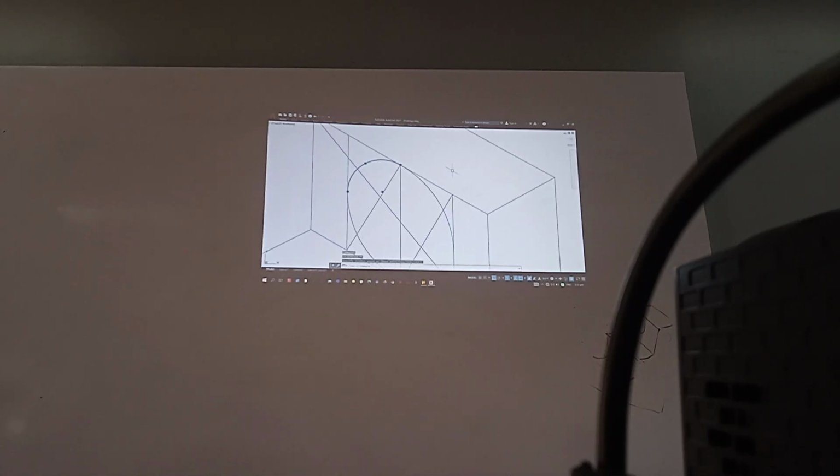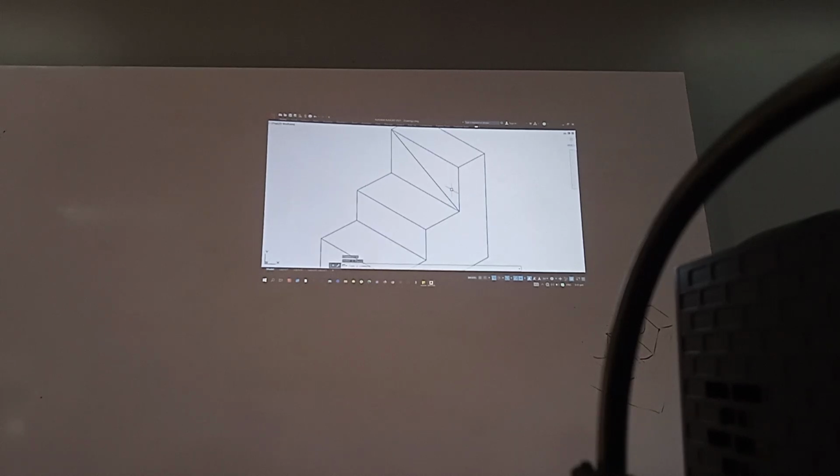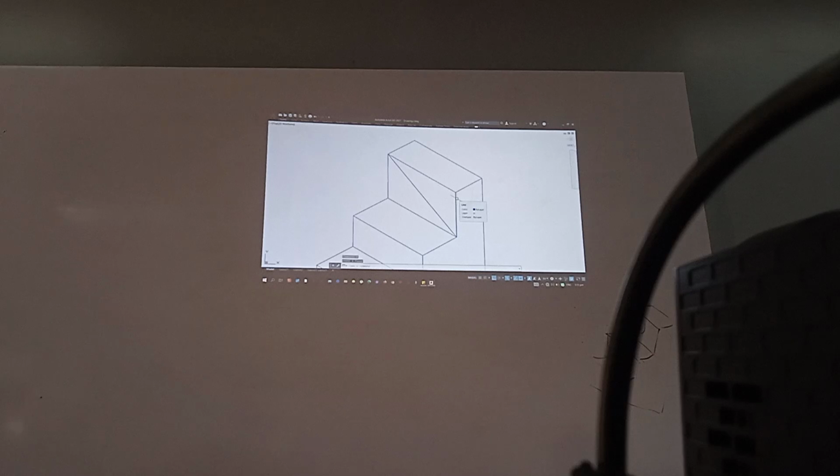Okay, so it's really hard. It takes time. Why do we make it hard for ourselves? As I said, this is CAD, and there is an automatic way of doing it. So just type ellipse and then select I, this is the shortcut command for isocircle, and then locate the center